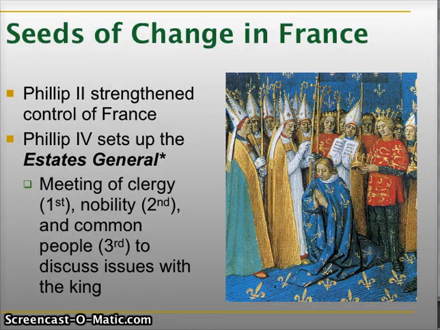Eventually, some different Capetian rulers came along. Philip was a popular name, as you can see. And a guy named Philip IV, actually after his great-grandfather Philip II strengthened France, he set up something called the Estates General. Now there's a parliament in England, but in France the Estates General was just some people who could